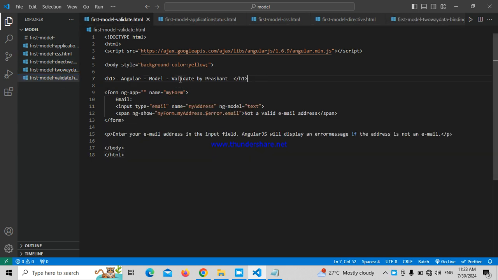From the title, you can see that it is the Angular model, created by Prashant, and I have used ng-app, which means it builds an application. In a simple way, you can say it defines an AngularJS application, and after that, I have taken the name my form, and here I have used the input type email with the name my address and